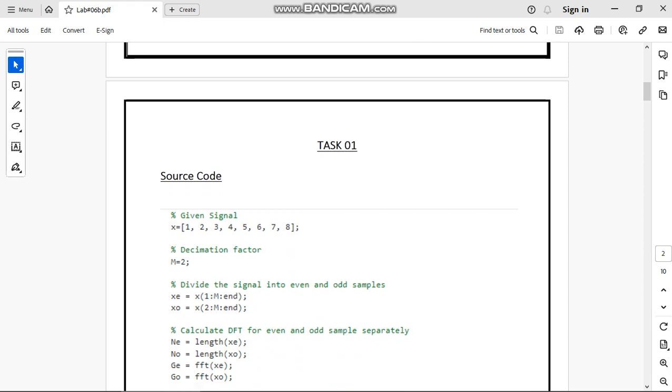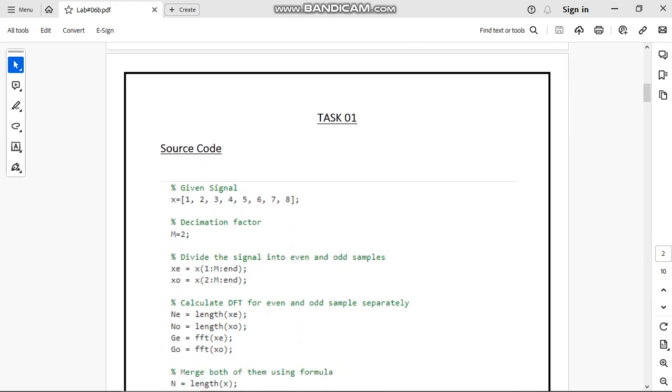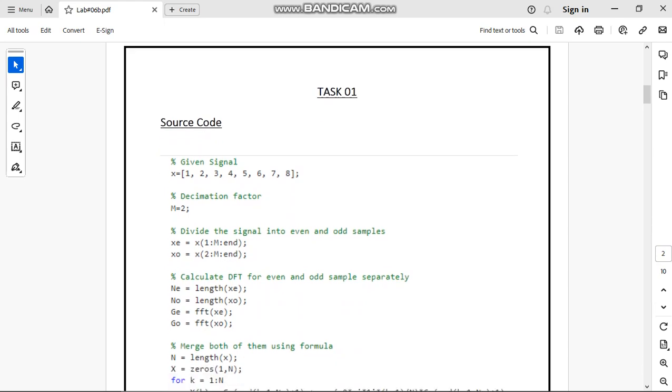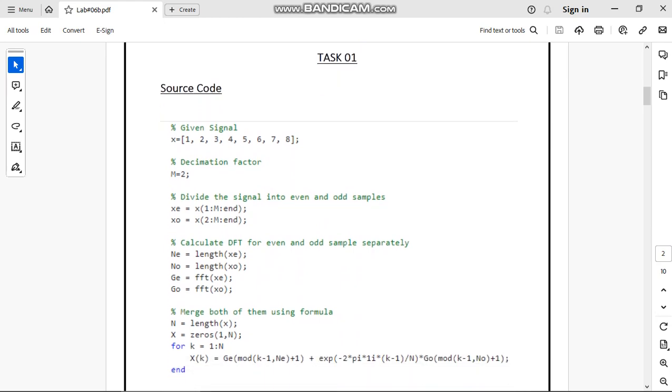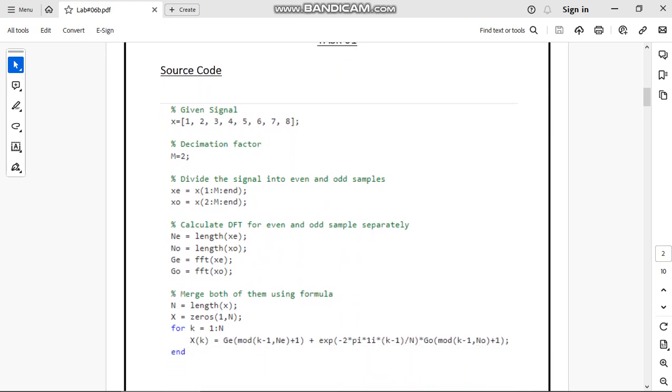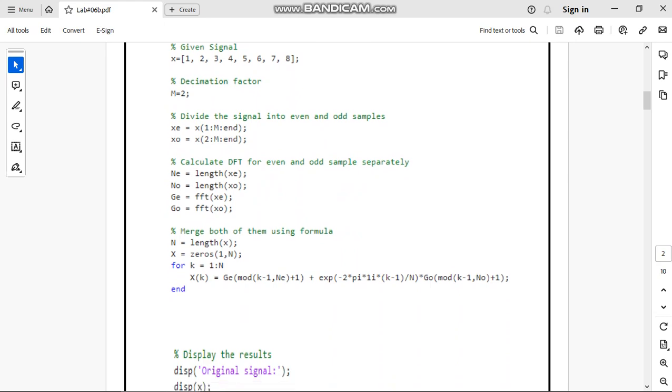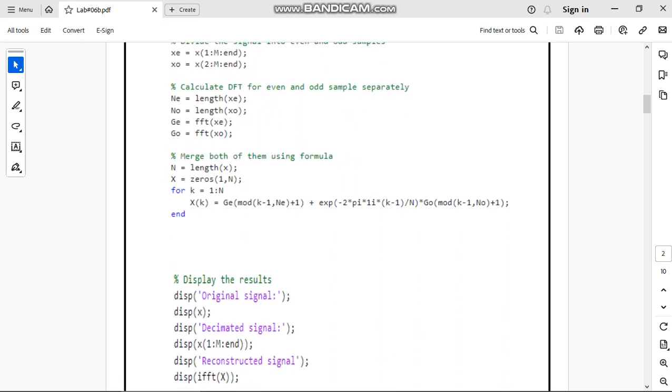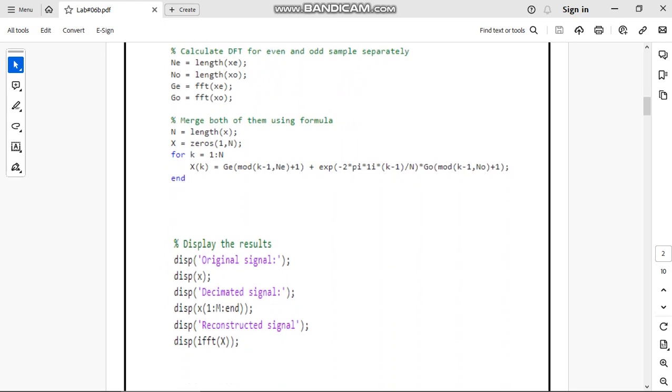Then I am finding the decimation factor, which is M equal to 2, then dividing the signal into even and odd samples, x of p is equal to x1 of Mn. Then I am calculating the DFT for even and odd samples separately. Then merging both of them using the formula, where N is equal to length of x, then using a for loop, and at the end displaying the results, which are